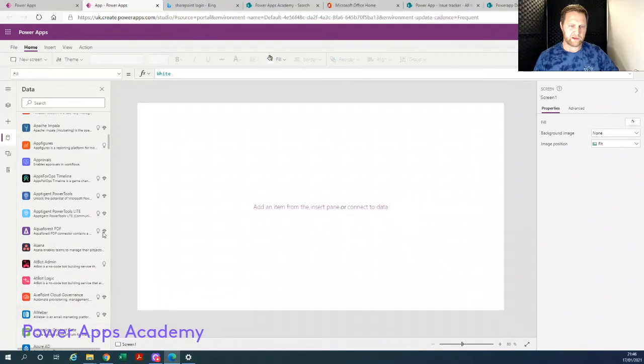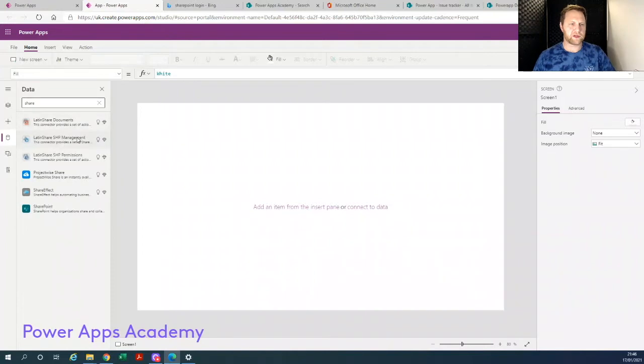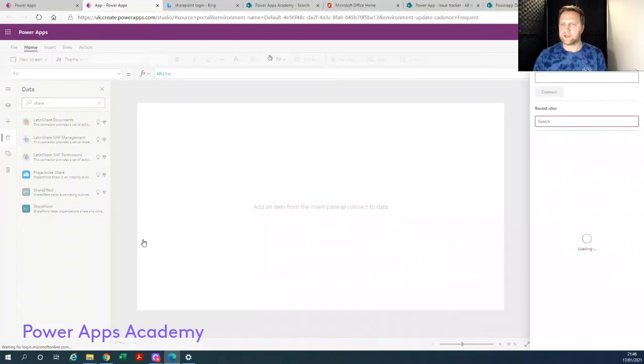Which you can see these ones with the diamonds have premium, so you have to pay extra. But we are just going to be using SharePoint today, so we'll search for SharePoint connector. Right, there we go. So we're going to add SharePoint, and what I do is I just go over here